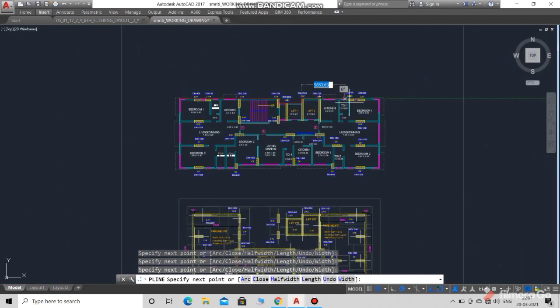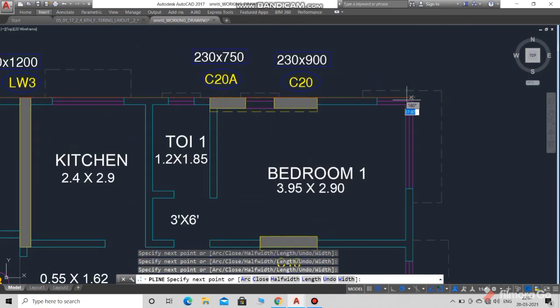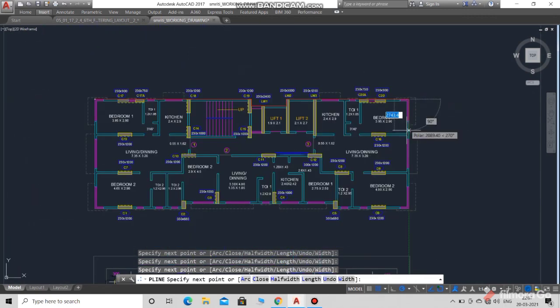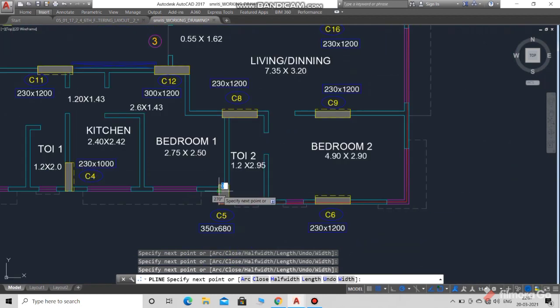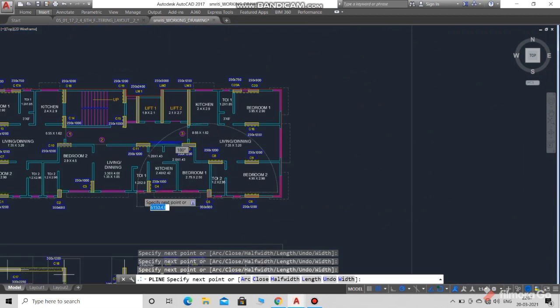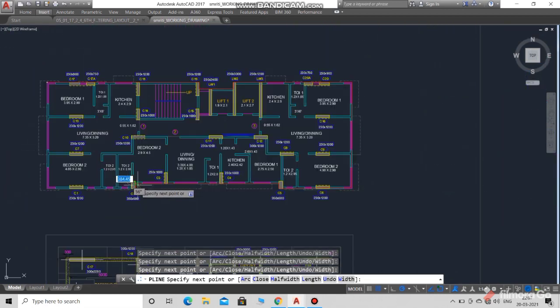You can start by typing the command PL in the command box and start from any corner. You can see I'm selecting all corners very carefully, and the P-line is in red, so it is clearly visible for everyone and also for me.